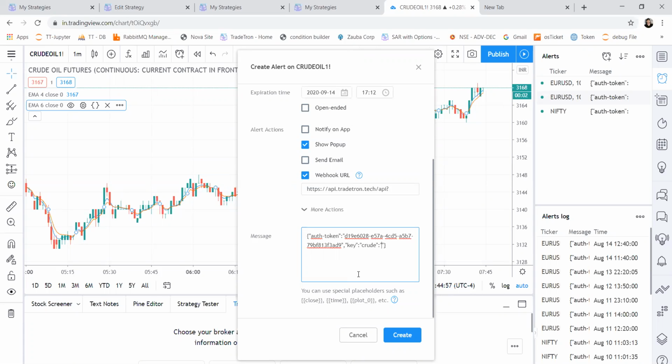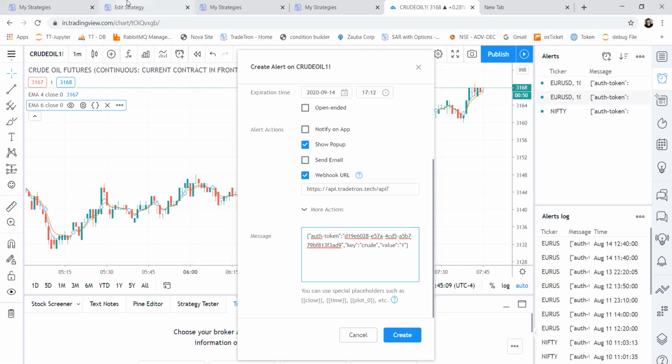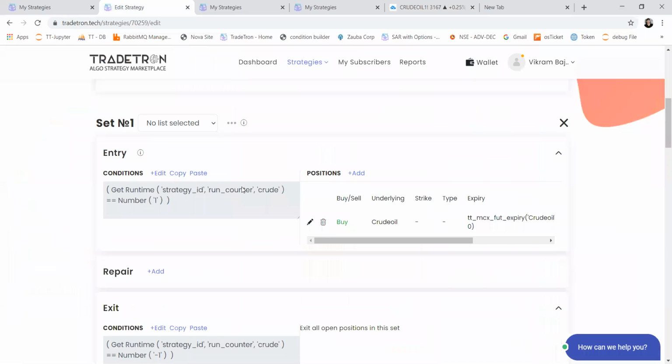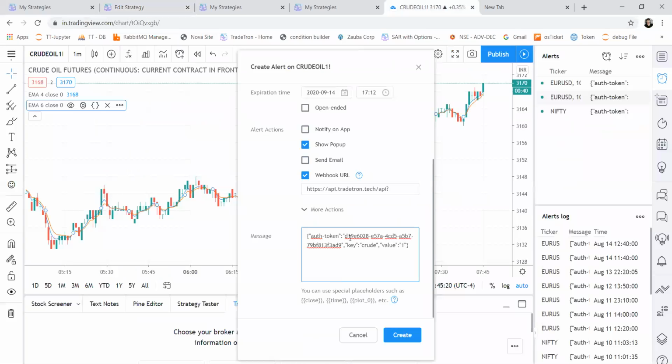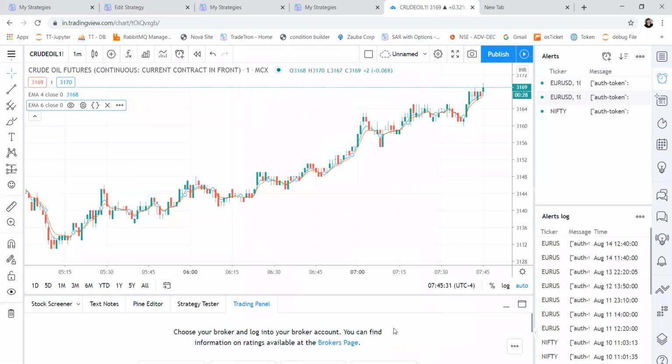So I want to put the value here as 1. If you remember, we have defined in our strategy that if crude has value 1, then I want to take a long position. It is the same thing I'm doing here. So whenever an upside crossover happens, this message will be sent to TradeTron through our API, and TradeTron will take this action. So I'll just click on create.